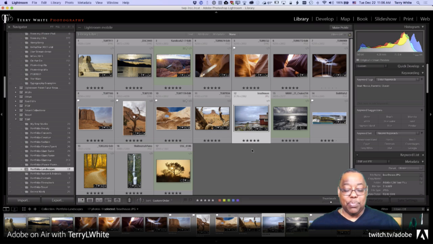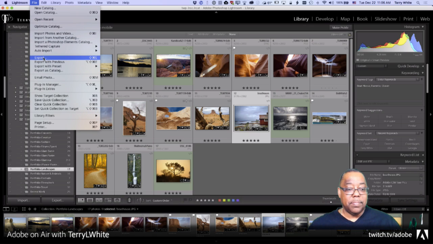A, I can just export it right from Lightroom into a format that InDesign can accept, which is pretty much everything except RAW. B, I can open it in Photoshop, add it to a library if I'm going to use this photo over and over and over again, so that I don't ever have to come back to Lightroom and get it again. So either way works. We'll try an example of each, so that way you get to see. So in this case, let's say I just want to export this out. File, Export,